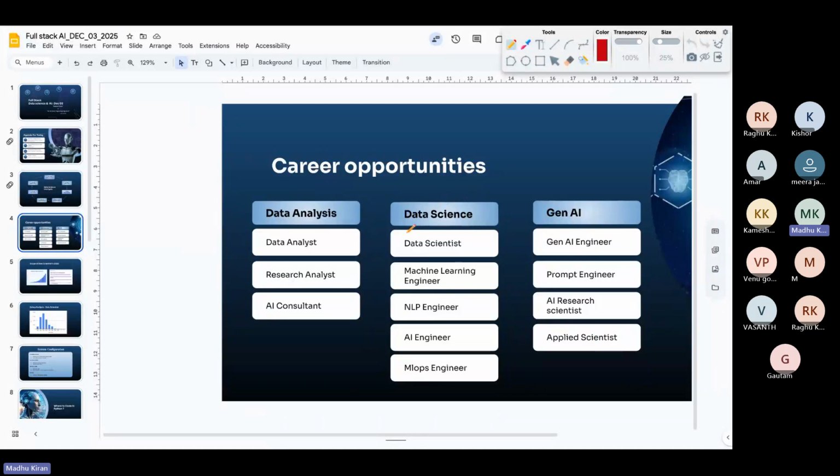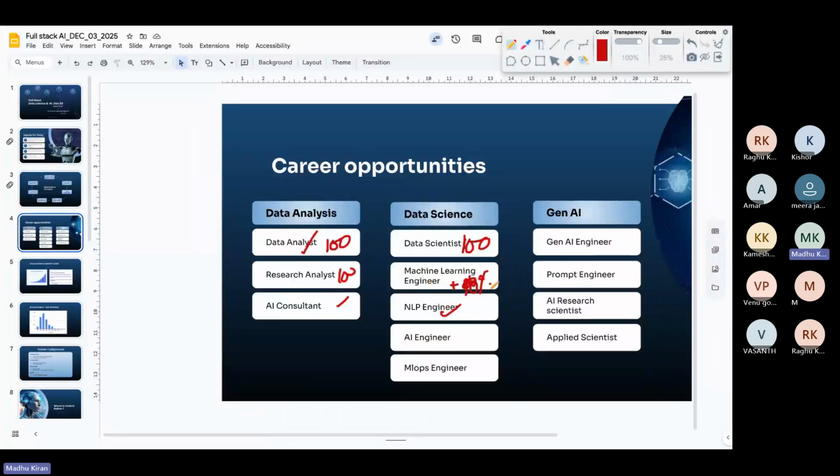With this course, you can 100% apply for data analyst, research analyst, maybe AI consultant, depending on your communication skills. 100% for the data scientist role. For machine learning engineer, sometimes they would need ML deployment, some additional 10% or more related topics, if the job description demands.